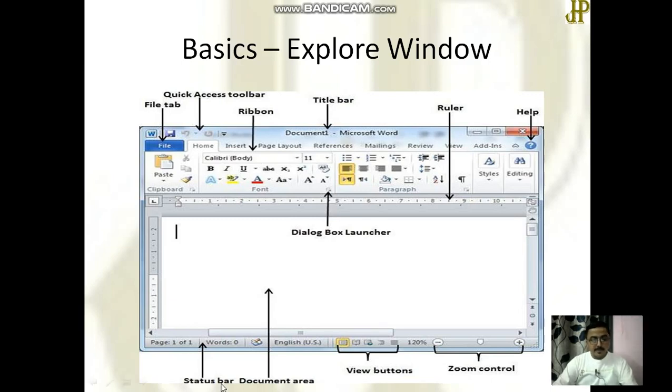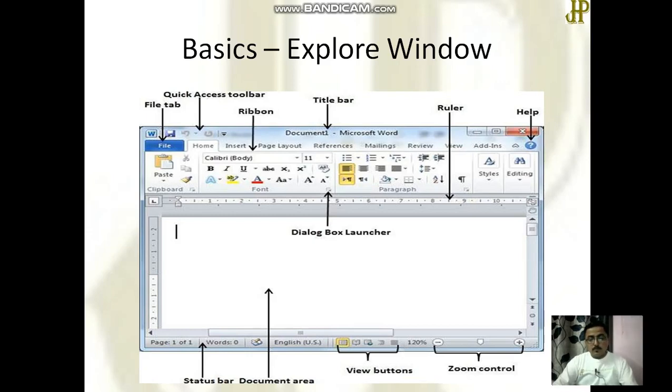Here is the status bar, which shows how many words, characters, how many pages are already saved. This vacant area is the document area where you write anything. Next one is view button. What is it?